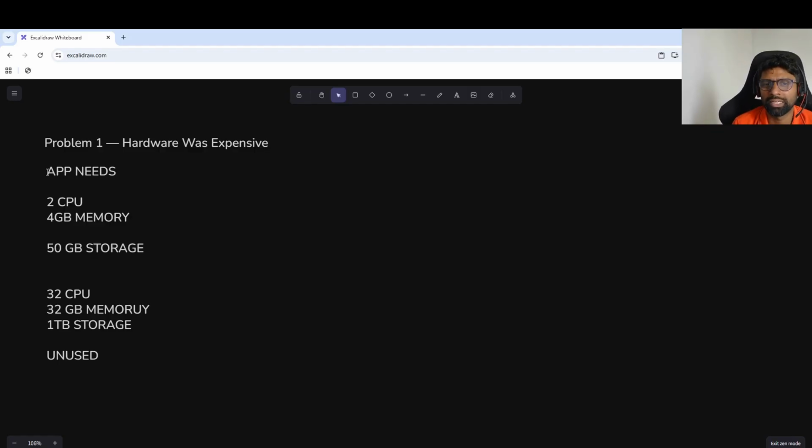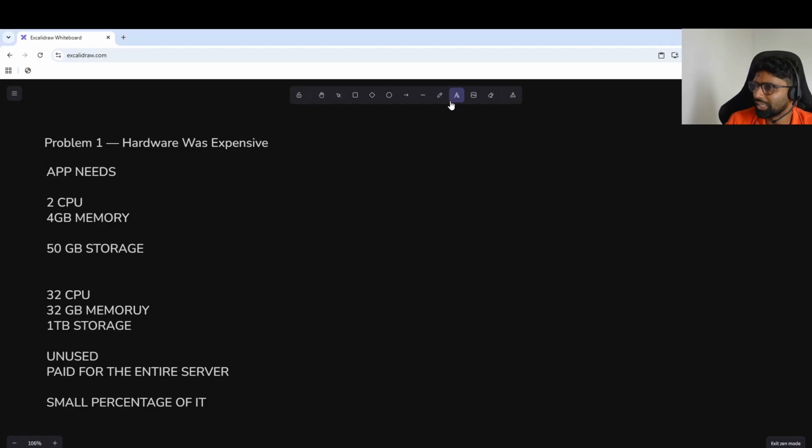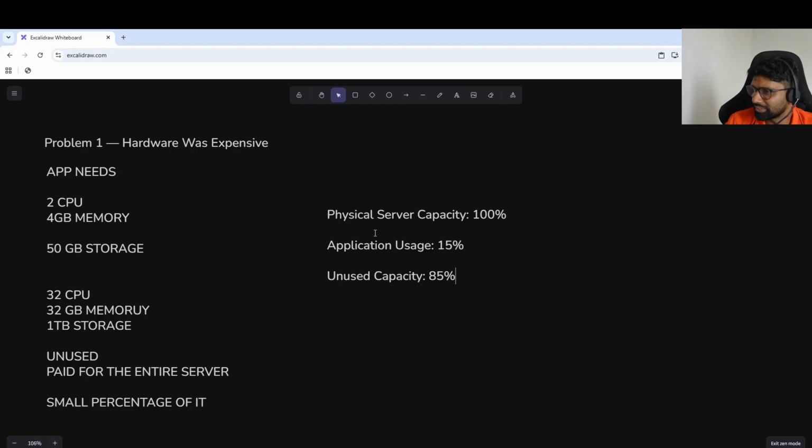In this scenario, the company paid for the entire server, even if the application is using a small percentage of it. This is called poor resource utilization. So, for example, physical server capacity is 100%, application used is 15%, unused capacity is 85%. The server was very powerful, but most of the power was sitting idle. This was problem number 1.